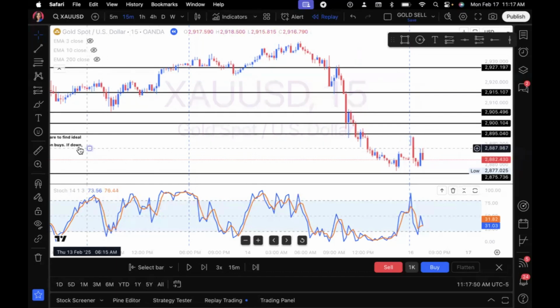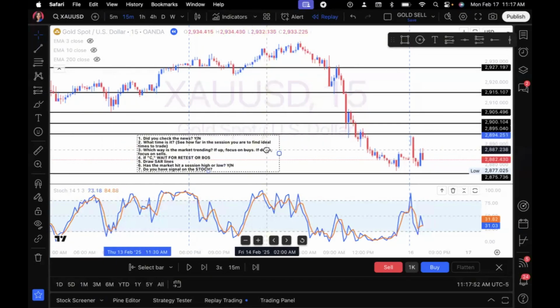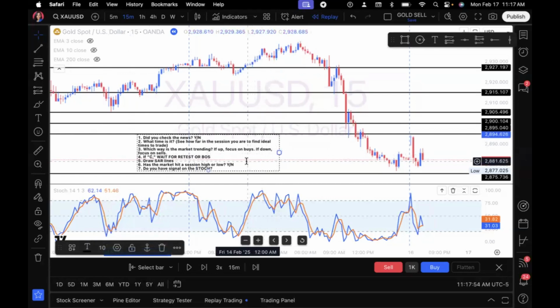So after we've set our support and resistance lines, we know where our potential take profit would be, and our stop loss would just be at a previous low. Although the market was around 2882, I set my stop loss around 2875 simply because it was below the previous low. Now, if a market is buying, it should not be creating lower lows.